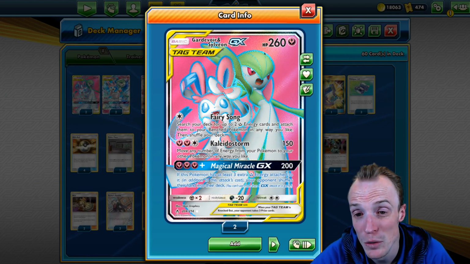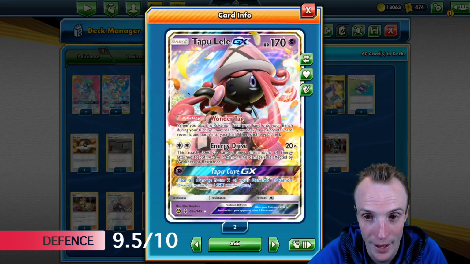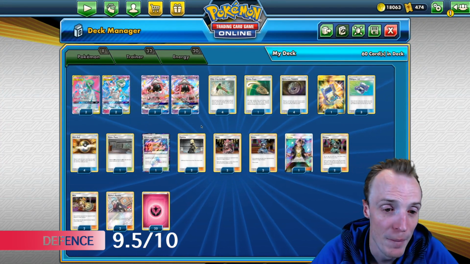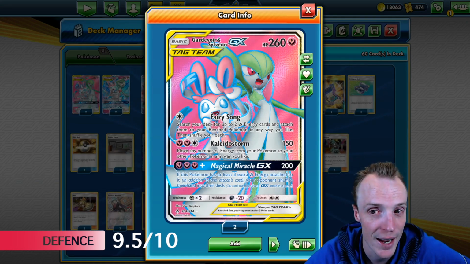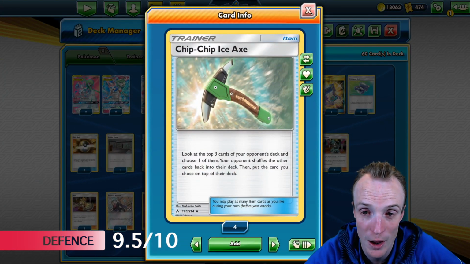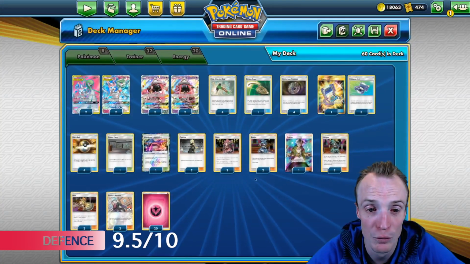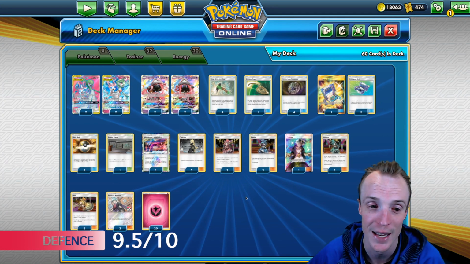As for the defense, we do have 260 HP, but we do give up 3 prizes. We're also playing lots of Tapu Lele, who only have 170 HP and give up 2 prizes. So that in itself doesn't make the defense great. What makes the defense great here is if you can pull off the Magical Miracle GX attack, limit your opponent's hand, and then control your opponent's hand with Chip-Chip Ice Axe, and control your opponent's outs with Power Plant and Wondrous Labyrinth. That's really what we're relying on here on the defense,